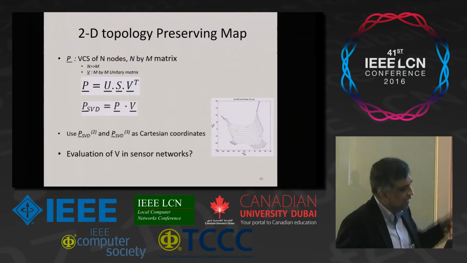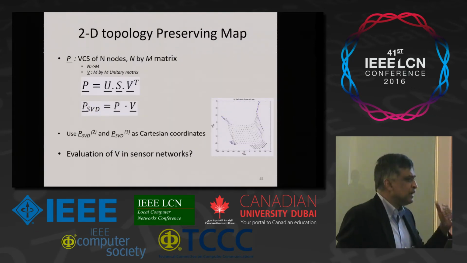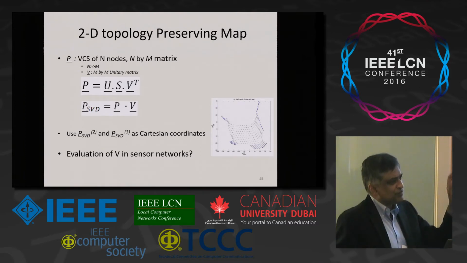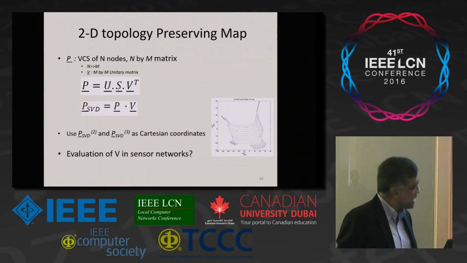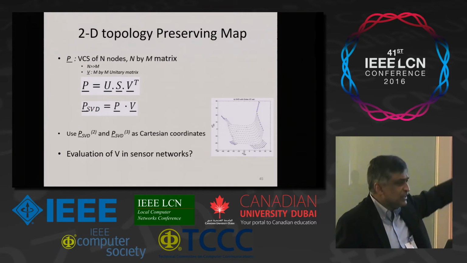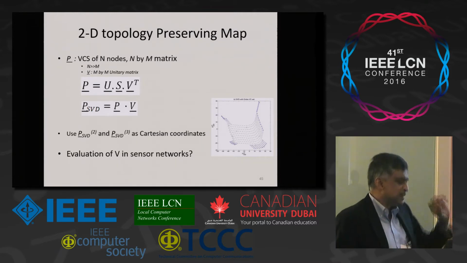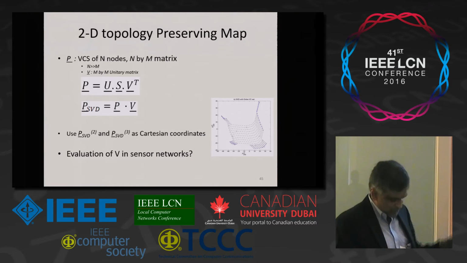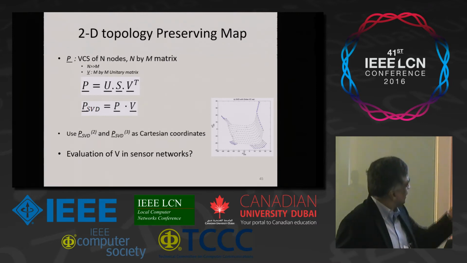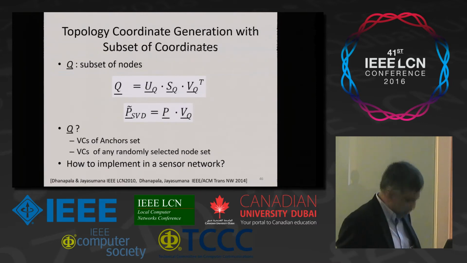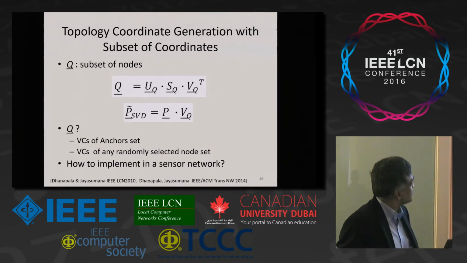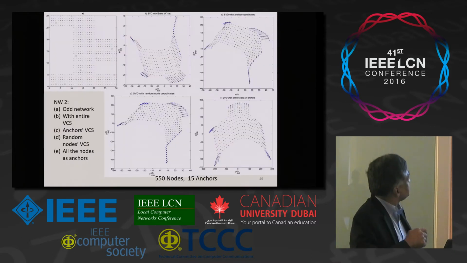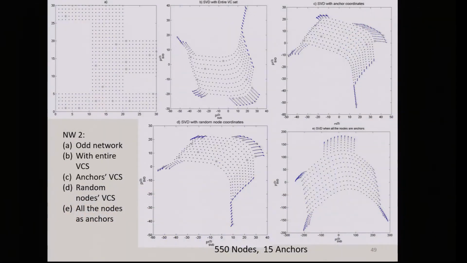So at the time, in a couple of papers, taking the PCA of a large matrix is not a sensor network friendly way. So we came up with another method to estimate that, using a very small matrix and so forth. I'm not going to go into that. But you can do it in a distributed environment using sensor networks, right? So in this case, this is the original network. These are the anchors. These are the maps that we obtained.